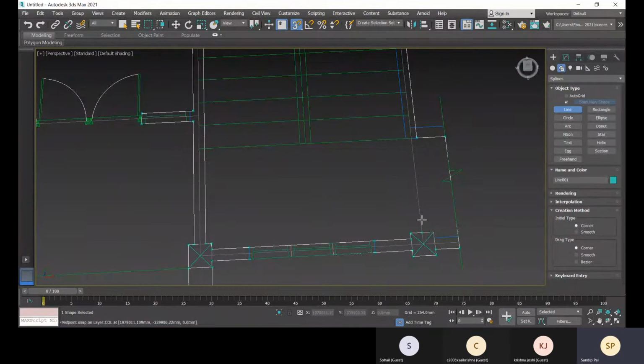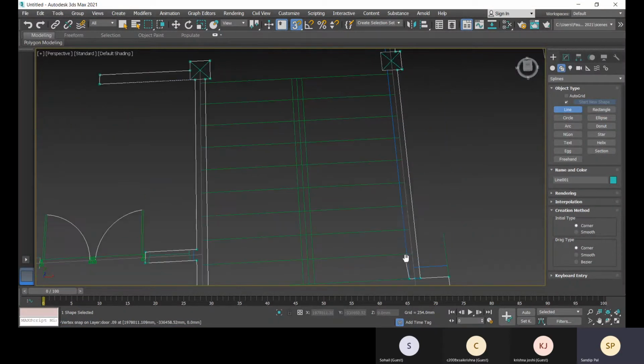So for that, I'm just changing it for this part.